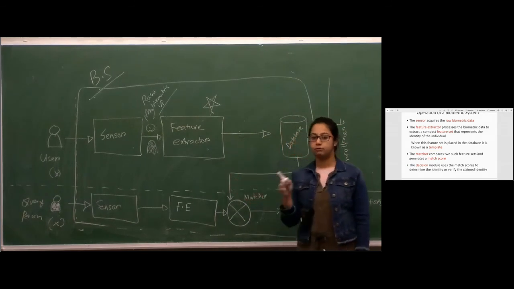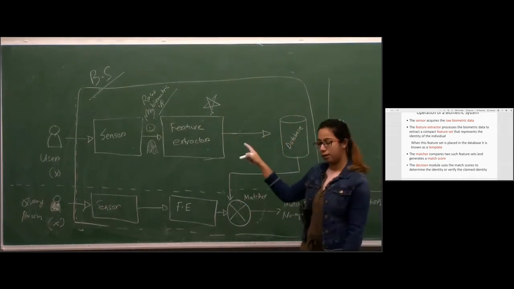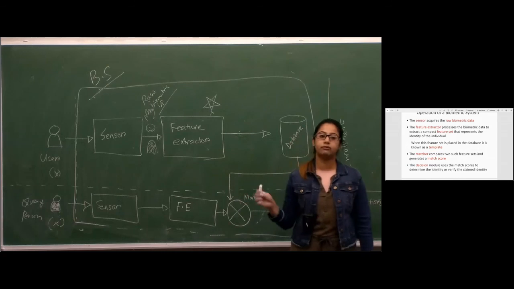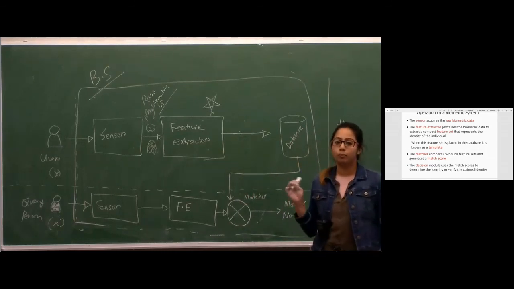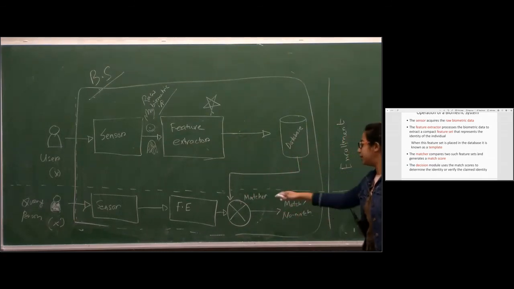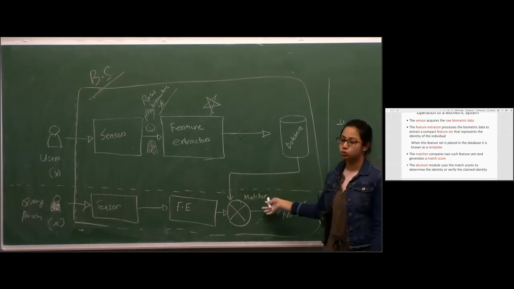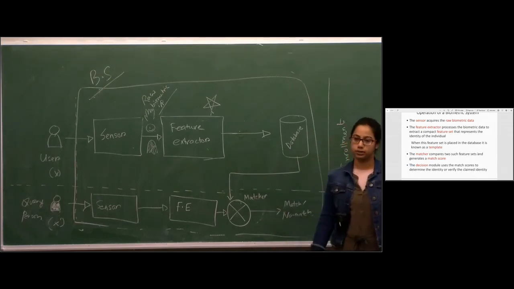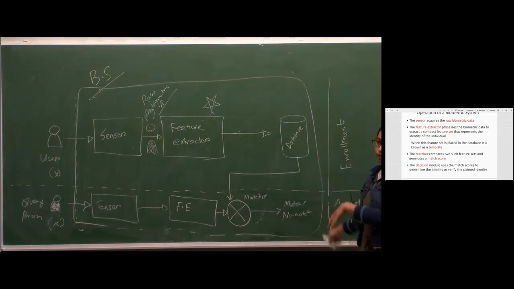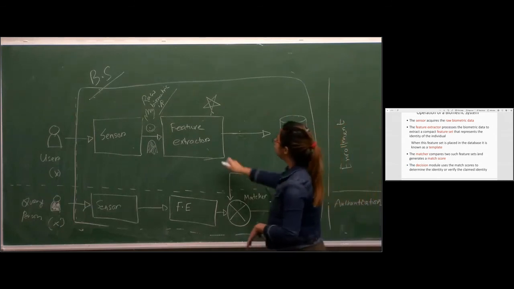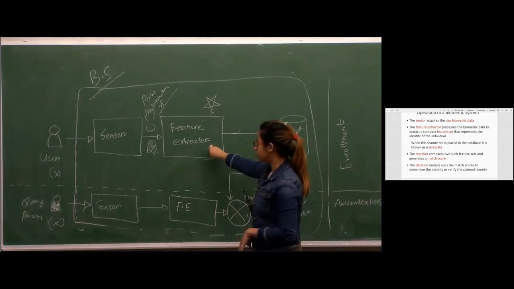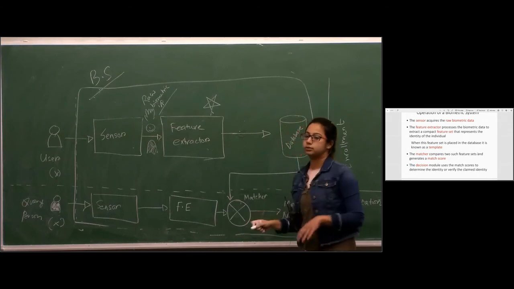If you can pick very good features out of your raw biometric data, then you will definitely get a very good result. If you mess up in this step, no matter how good a matcher you use later, you will not see a good result. You will understand when I finish the whole process. So in the feature extractor unit, we extract the good features.